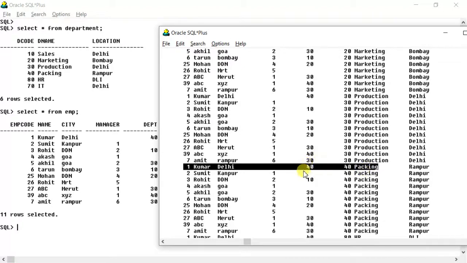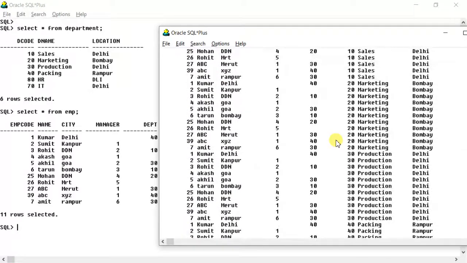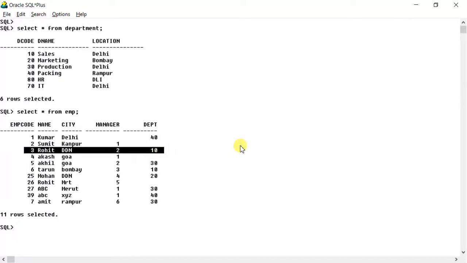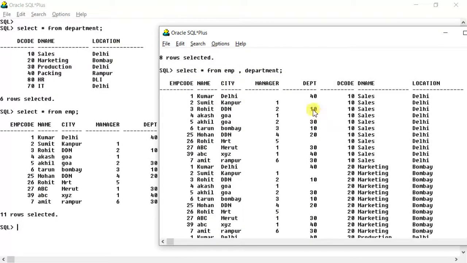So what condition do we have to apply? I hope you have understood that we have to apply wherever this value is equal to this value. You have to extract the records from these 66 records. In this join, we have applied the same. Similarly, when 3 Rohit 10, there is also 10, so sales is the department of Rohit.